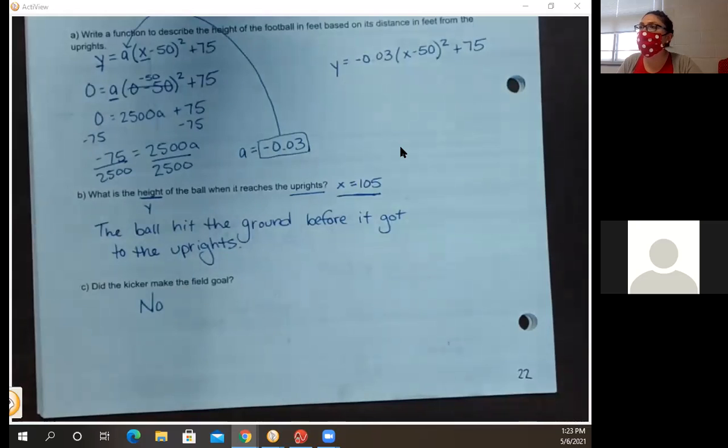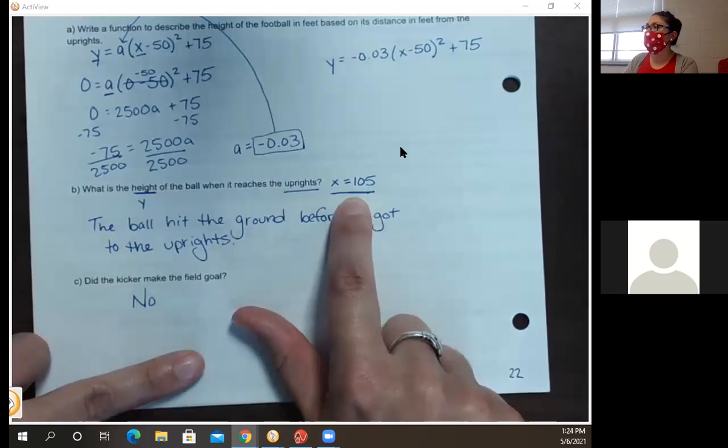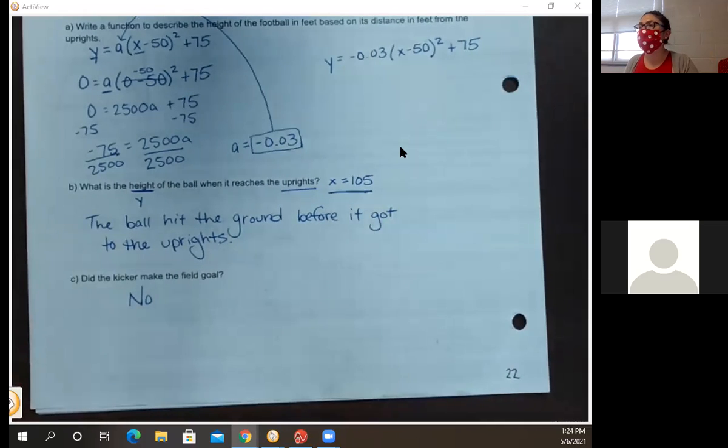The kind of tricky thing about our application problems is that every problem is unique. So when I solve by factoring, or I solve by square root, or I solve by completing the square, we have a general idea of our strategy going into those problems. But when we talk about quadratic applications, I'm looking for something different every time. So maybe I'm looking for the vertex. Maybe I'm looking for x-intercept. Maybe I'm looking for a unique point on the graph to be able to answer a question. So we're going to do some more practice with these in the next